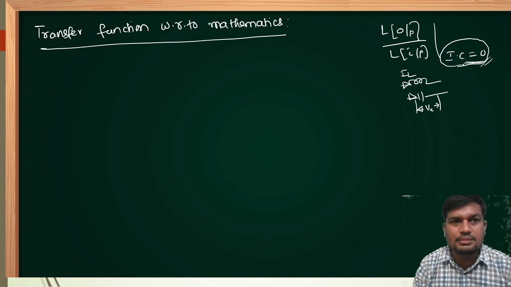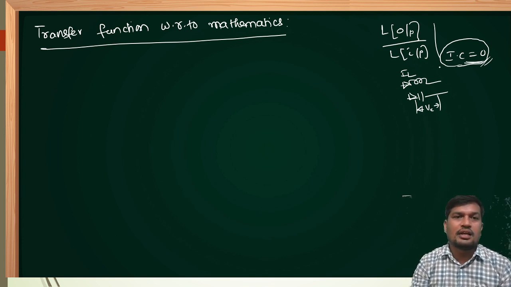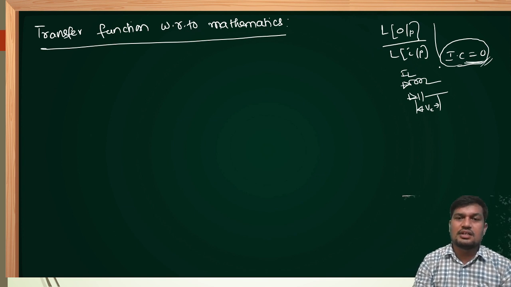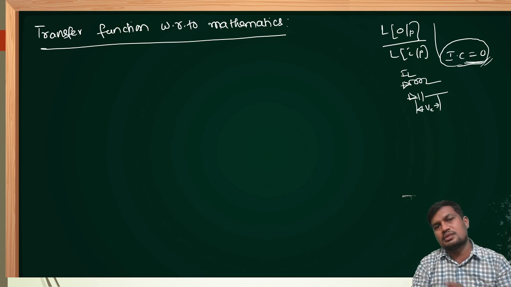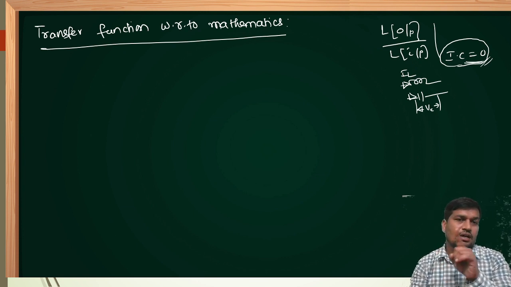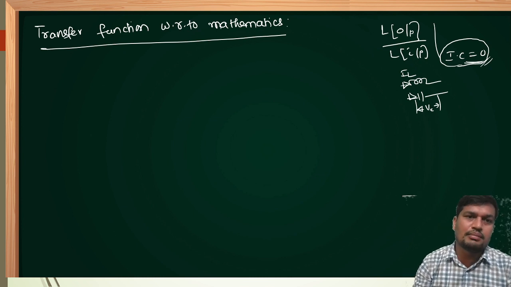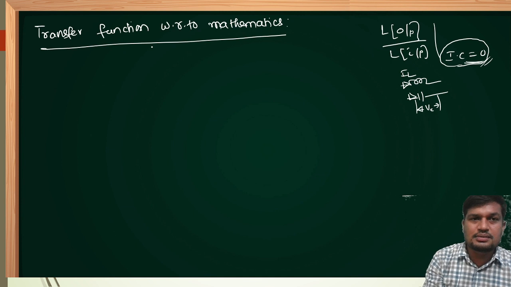That is called approximate analysis, which is a disadvantage in transfer function. But anyhow, while calculating the transfer function, with respect to mathematics or networks or control systems or signal systems or mechanical systems, initial conditions must be assumed as zero. Otherwise, the definition will become invalid. Now, before discussing some mathematical concepts while deriving the transfer function in mathematics, we need to see some of the formulas in the Laplace domain.